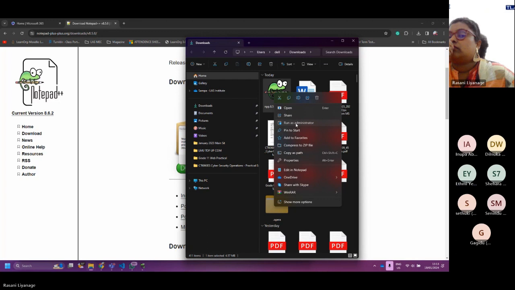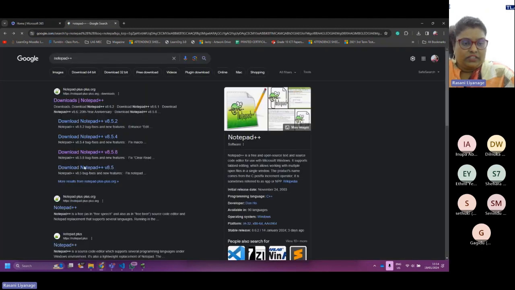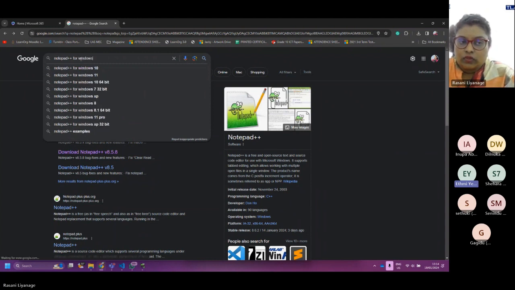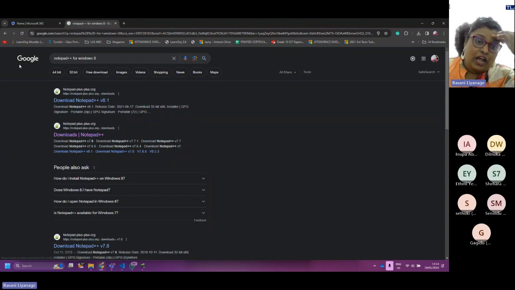Where, teacher, it is still loading. That's slow. Then there's some problem. Yes, teacher. This version is Windows 8. That won't matter a lot. Okay, then we'll go for a little older version. Teacher, I tried before, but it doesn't let me update. It asks for some Windows key. For Notepad++? Ah, for Windows. Okay, we'll use a different version for Notepad++.